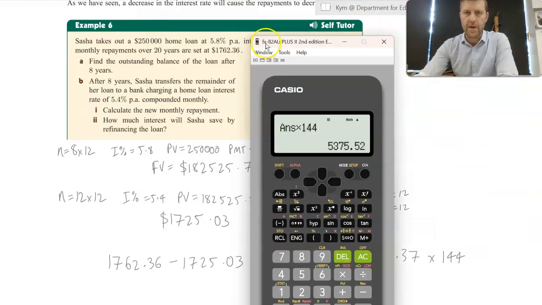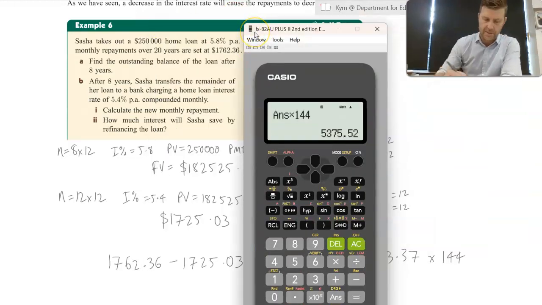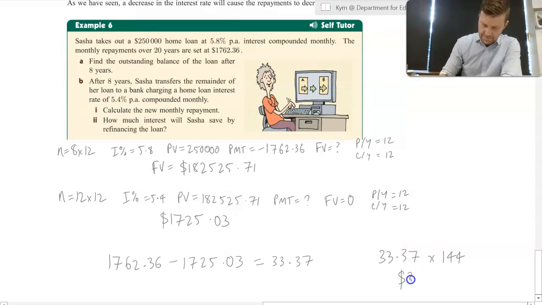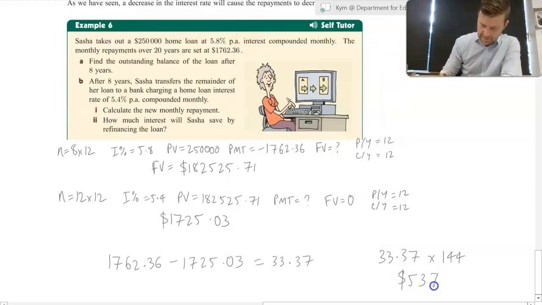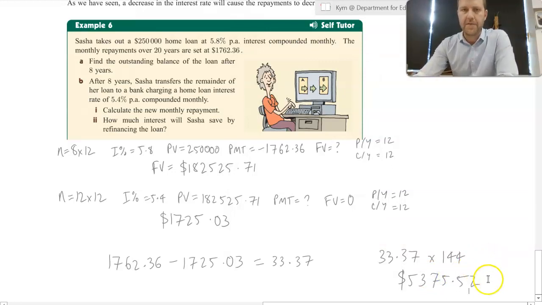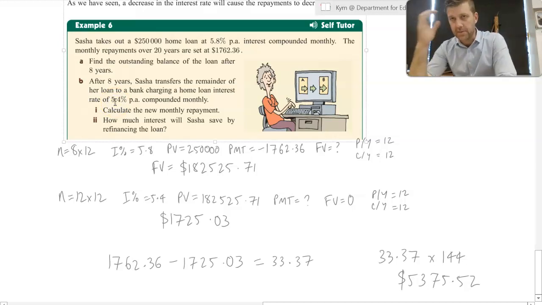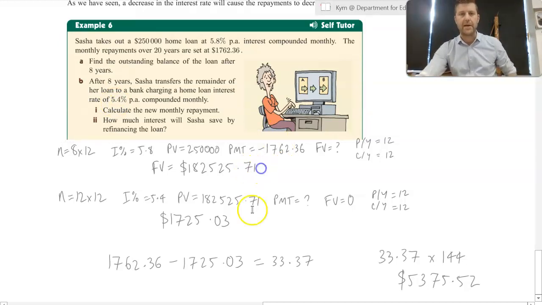So the total amount of interest Sasha saves is $5,375.52